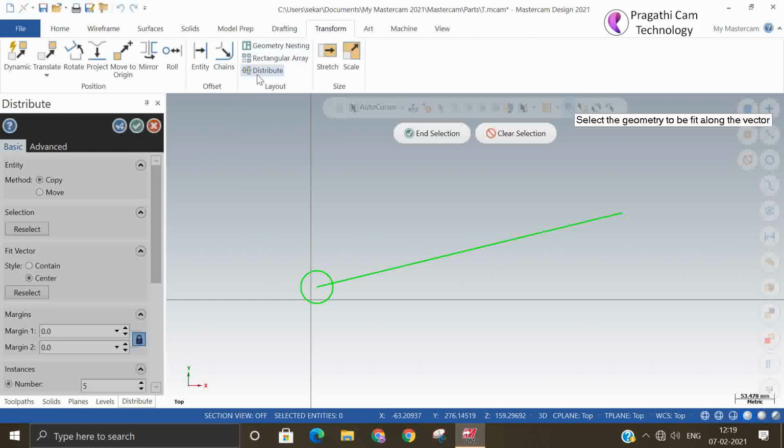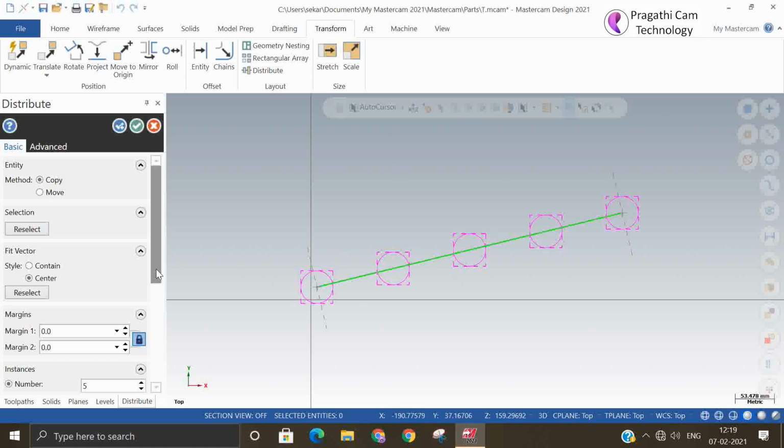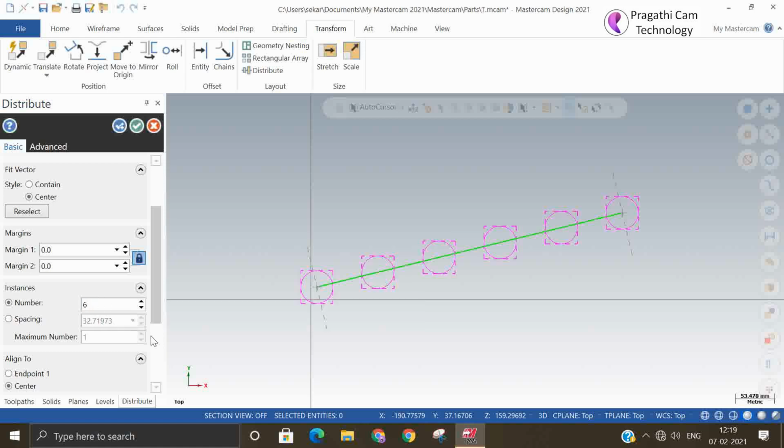There is an option called distribute. So select the geometry. There is a vector, it is asking. I am selecting the line. So it distributes through that line the number of entities you are giving. What geometry was selected will be distributed over the vector.